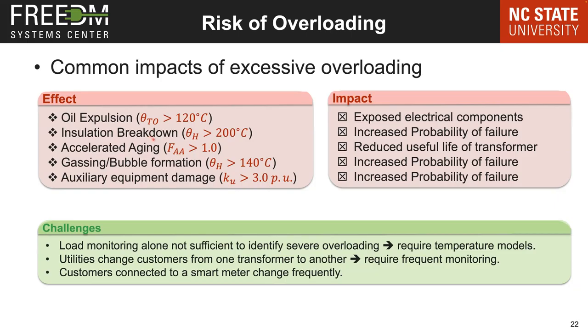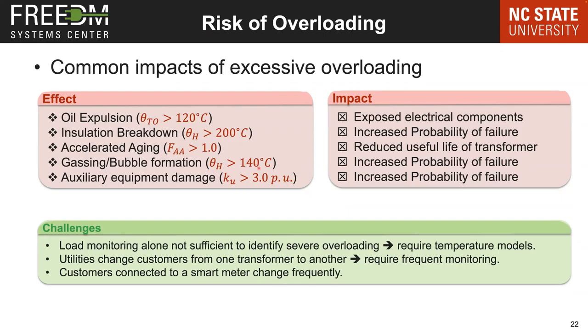Under this, you can have significant insulation breakdown in the oil, which can lead to increased probability of failure. I talked about if theta H is quite significantly higher than 110 degrees Celsius for a long duration, it can lead to accelerated aging, which can reduce the useful life of the transformer. The fourth point is above 140 degrees Celsius. Even though it doesn't lead to immediate failure, you can have bubble formations inside the transformer. So this is going to increase the moisture content in the transformer oil, which can eventually